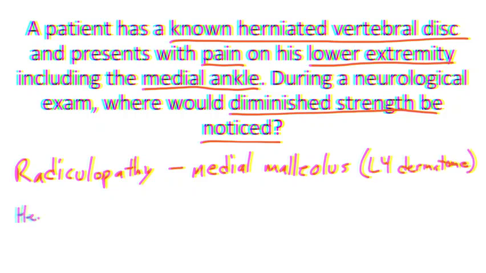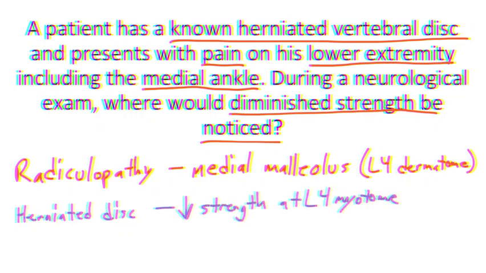If the herniated vertebral disc were to result in decreased strength, we would expect the strength to be decreased at the L4 myotome. So how would you test this clinically? Well, you would test the strength of the patient being able to extend the knee. In other words, with decreased strength at the L4 myotome, we would expect that there would be decreased strength in